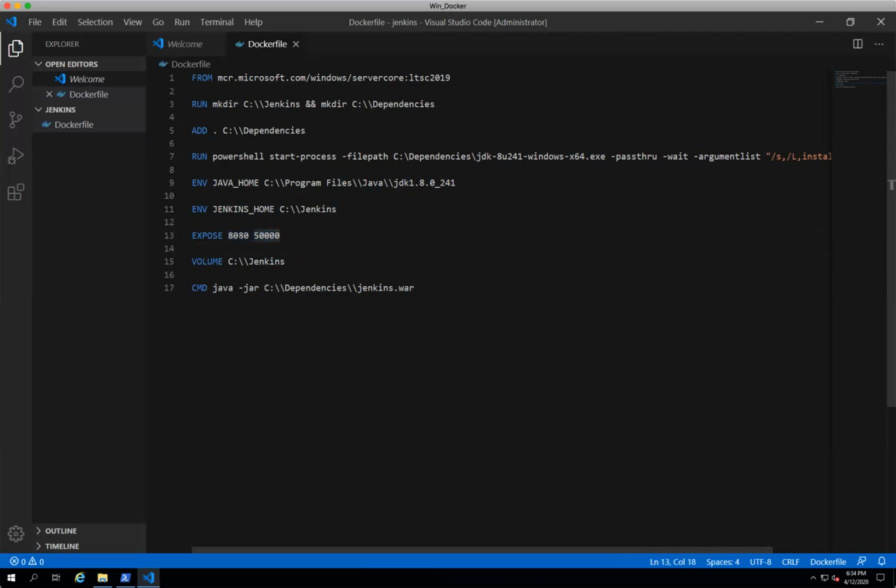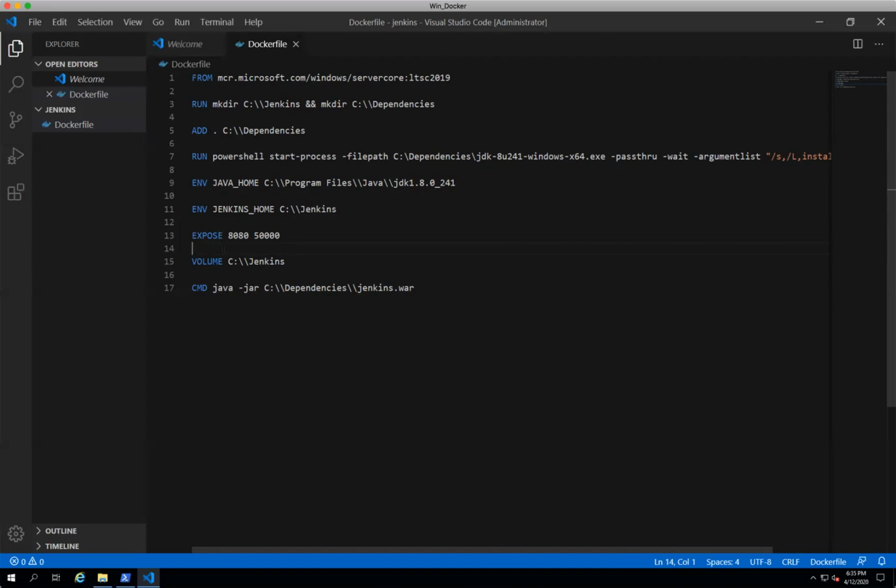If you are not exposing your ports inside the Docker file, then when you run the Docker container from it, even if you use -p or -P, it's not going to open the ports of your Docker container. So you have to specify the required ports that need to be opened when you are running the Docker container. Those ports you need to mention with this EXPOSE instruction.